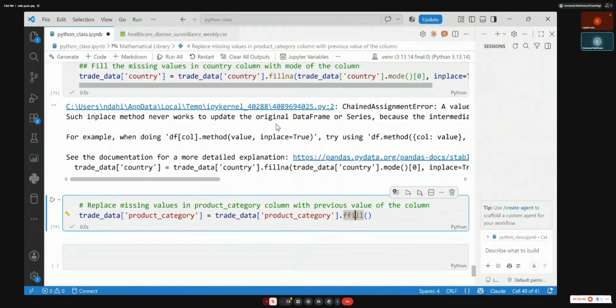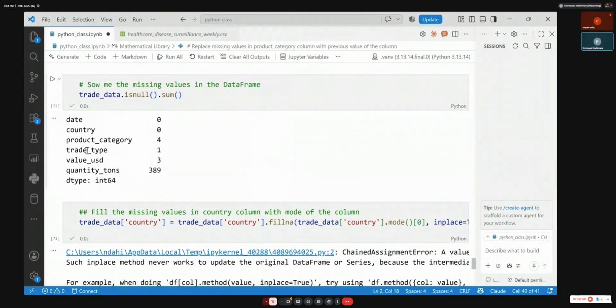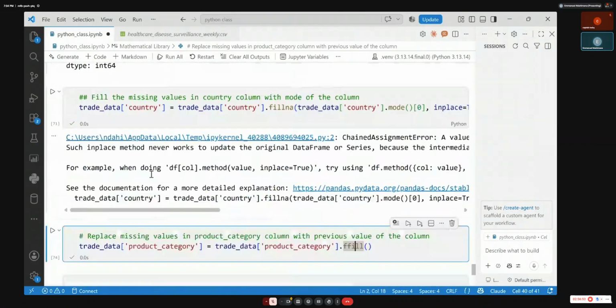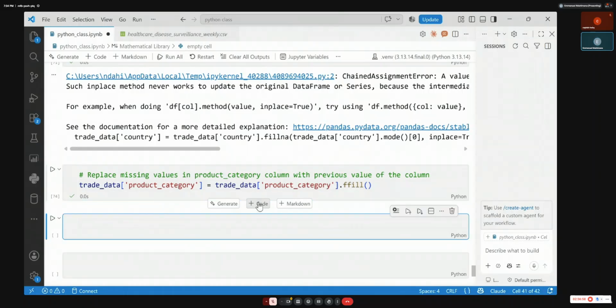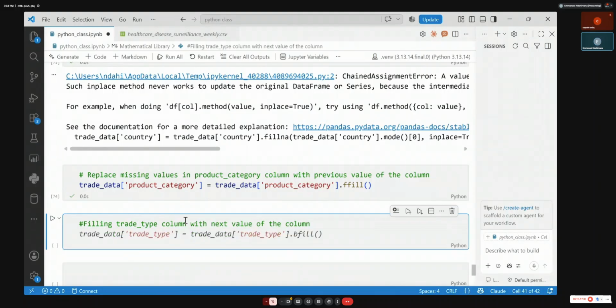Let's do bfill on the other column called trade type, filling the trade type column with the next value. You see, now the code is bfill. So this is the backward fill.